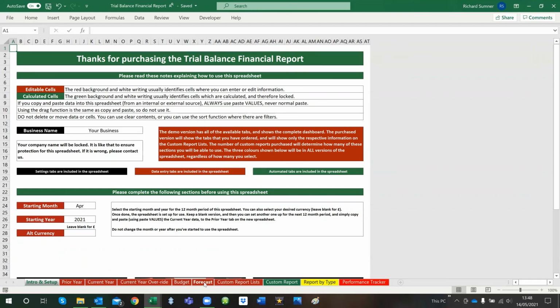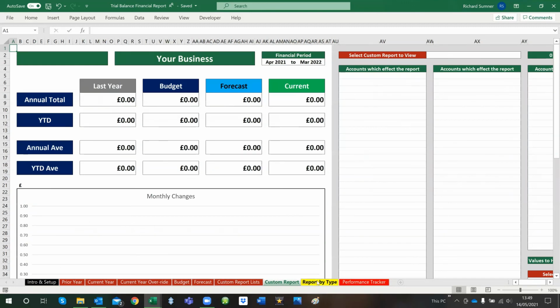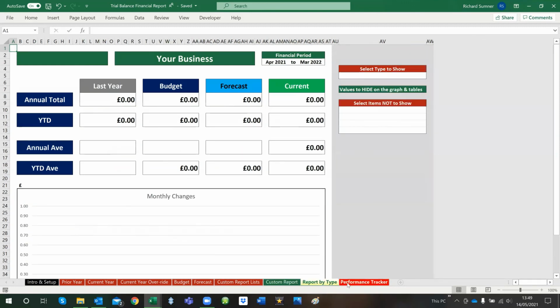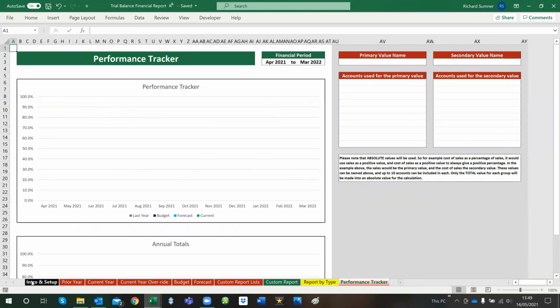Use the budget and forecast to set your budgets and forecasts for each particular account over this year. Custom report lists, set your custom report, tell it what you want in each report. That's where you can view your custom report. That's where you can review your report by type, and that's where you can review your performance tracker,